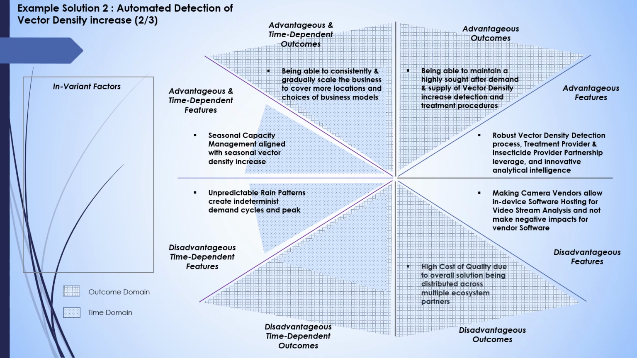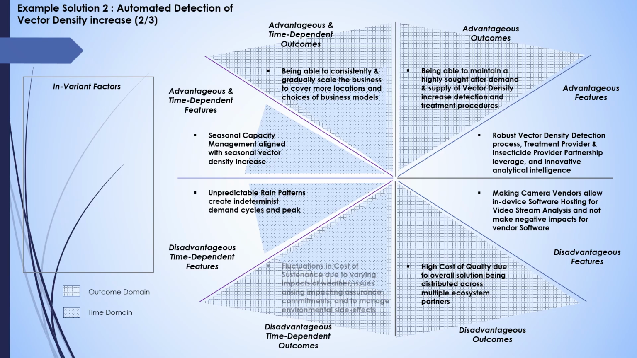But alongside those wins, there are disadvantageous outcomes that must be honestly faced. The first is high cost of quality. This solution is distributed across multiple ecosystem partners, camera vendors, detection software, treatment providers, insecticide suppliers. Managing quality consistently across that entire distributed chain is complex and expensive. The use case drivers must absorb that cost as the price of maintaining the credibility that the solution's promise depends